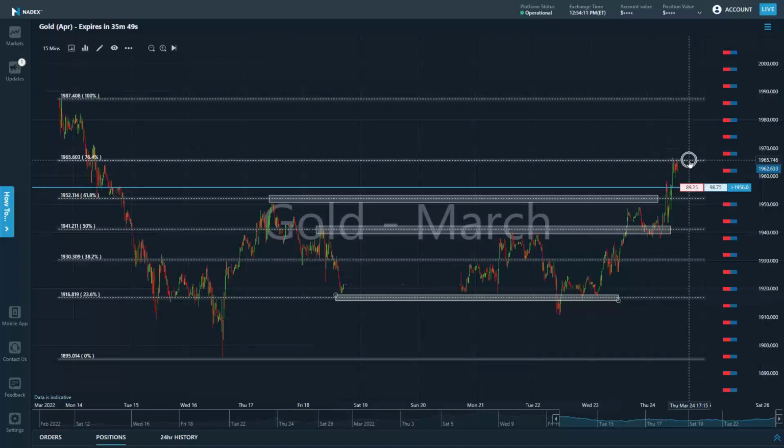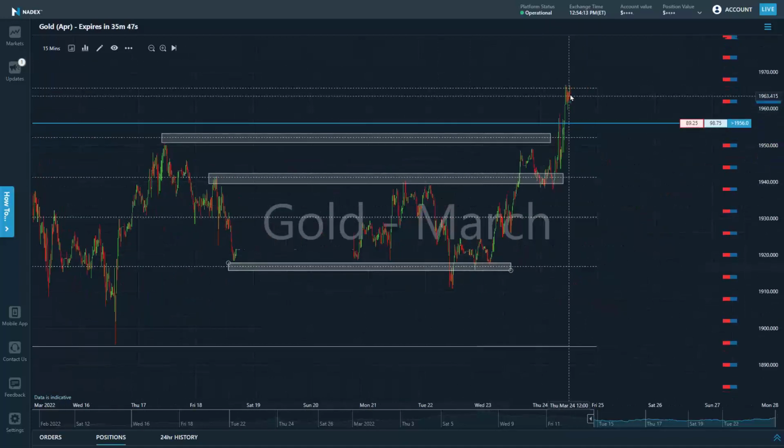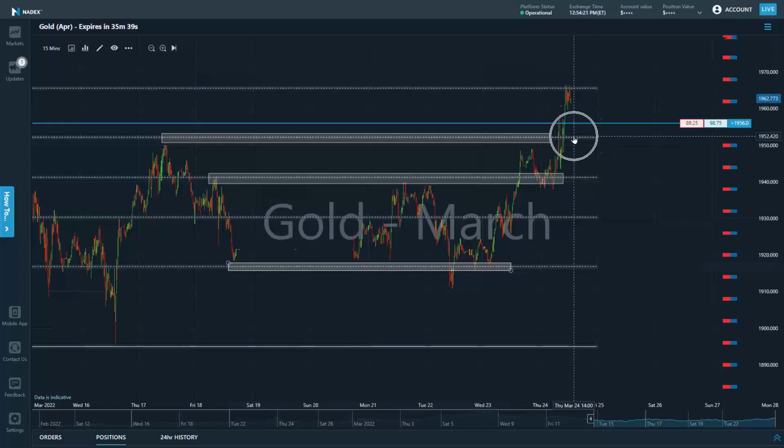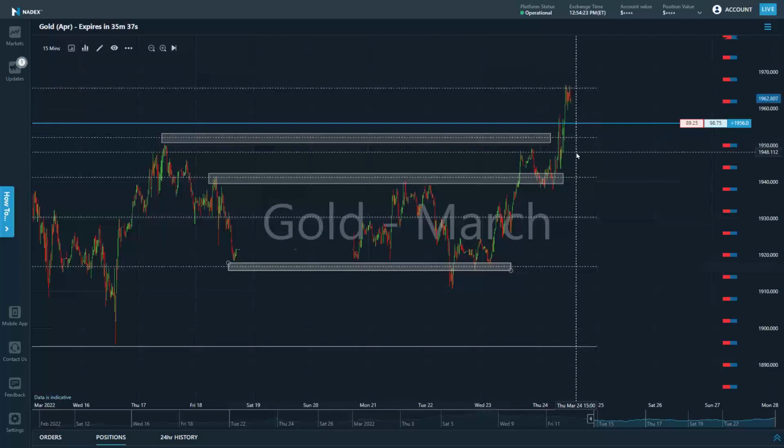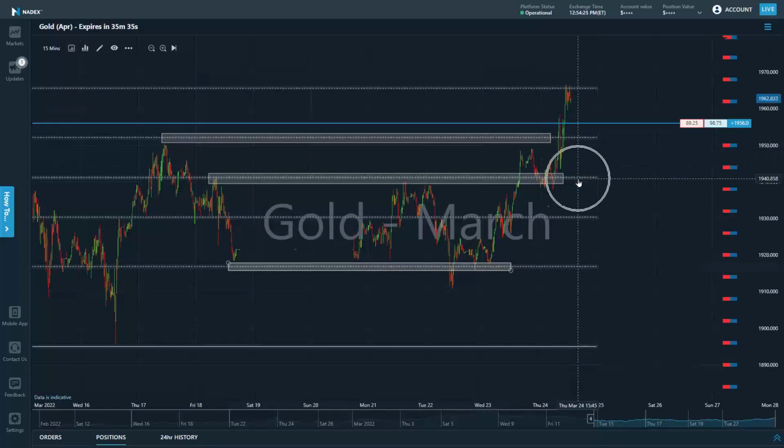If it doesn't get through here, if it starts coming down, I have two levels where I might be looking for support. And if it gets through this one and it keeps going, I was wrong, get out, and you might then wait and look for some support here, where it might be a reversal. So again, not perfect,